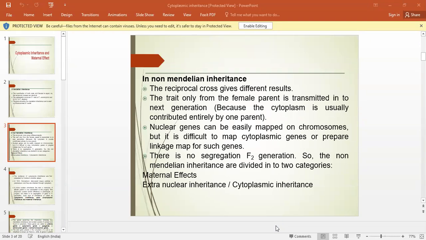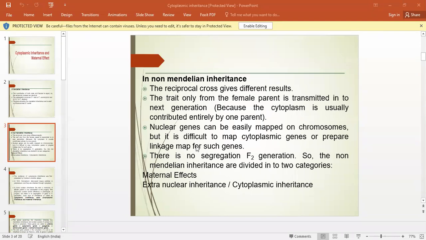Basically, there are two organelles, mitochondria and the chloroplast. These two organelles have their own DNA, which is also circular, double-stranded or single-stranded. This DNA is present in these two organelles, and these organelles are present in the cytoplasm. That's why it is also known as cytoplasmic inheritance, or extranuclear or extrachromosomal inheritance. Here the four laws, or four rules, are very important to know.